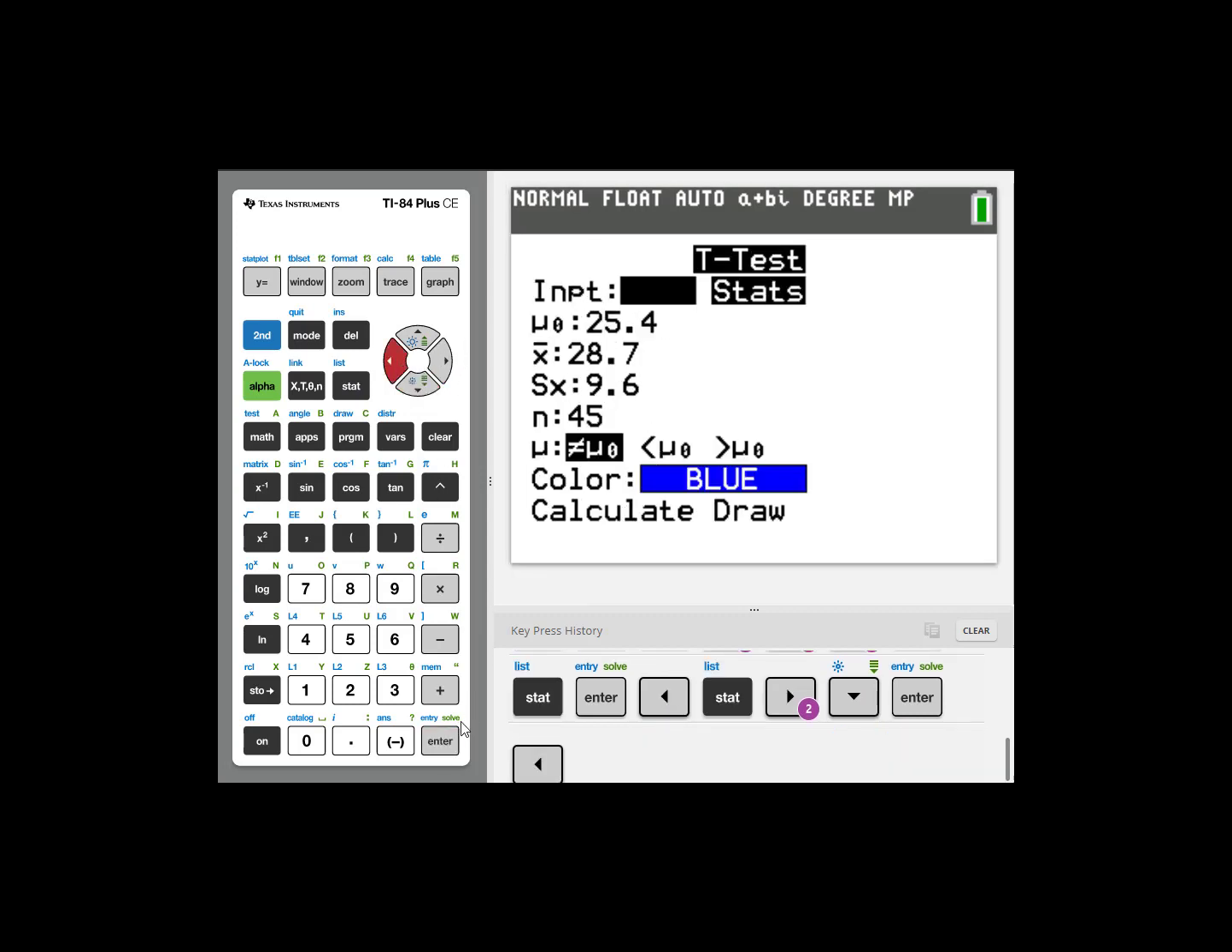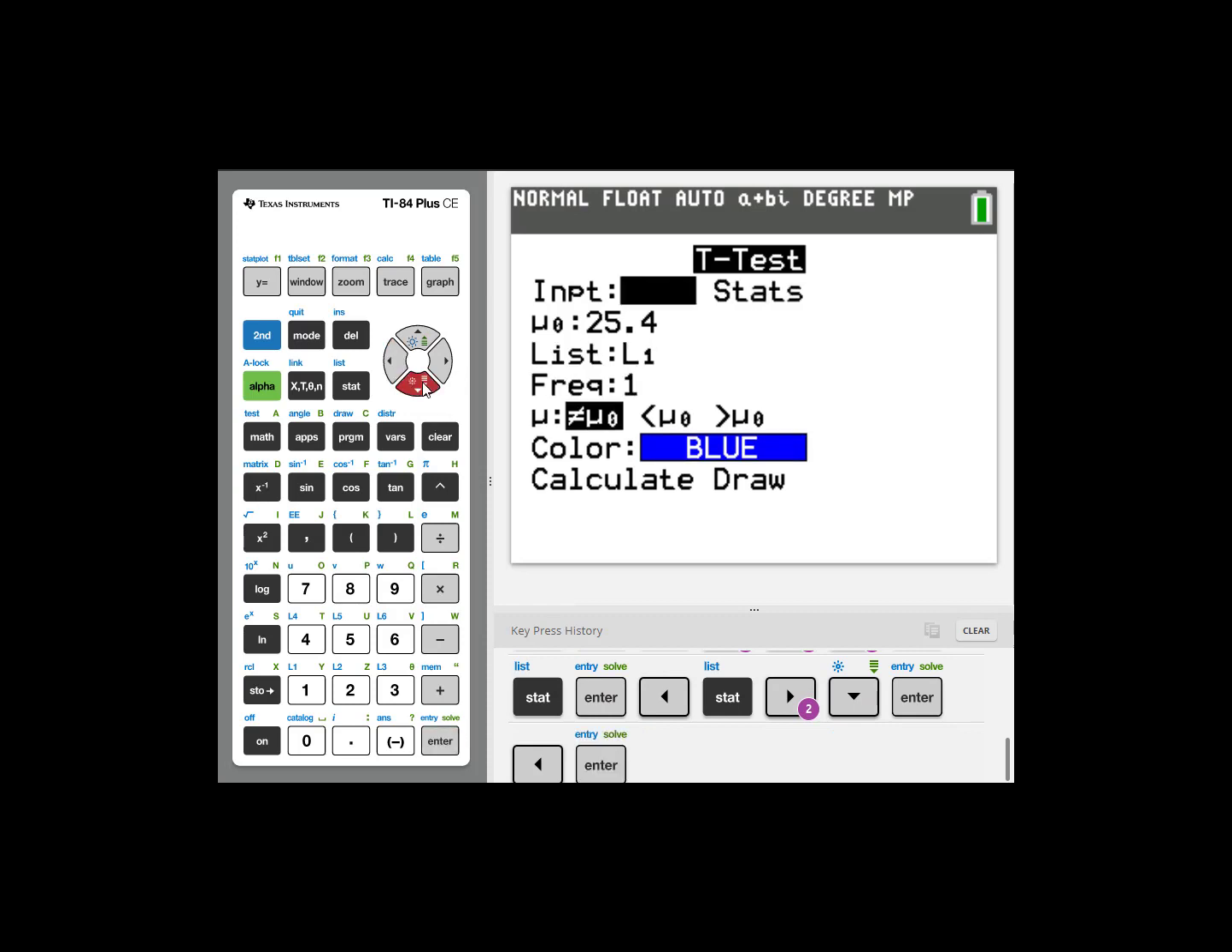switch the input mode to data. And then all you need to tell it is where the data exists. And the calculator knows that all it needs is a mean, a standard deviation, and a sample size, and it can find all three of those from the data set that you have input. So you just tell it where the data is, and in this case,